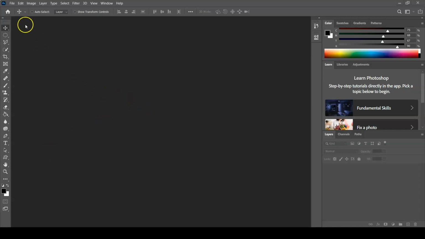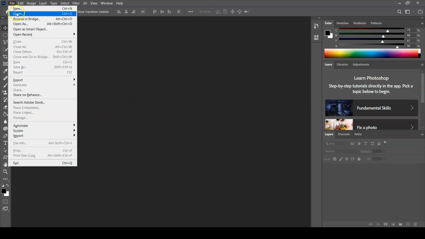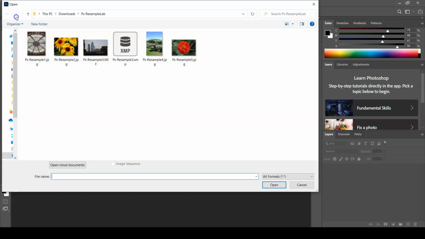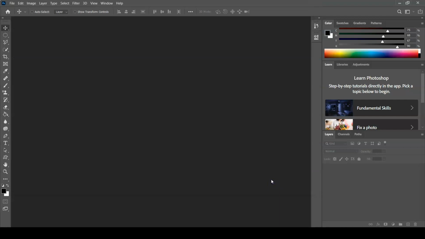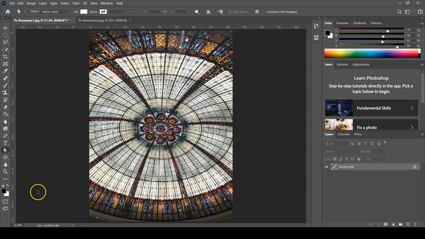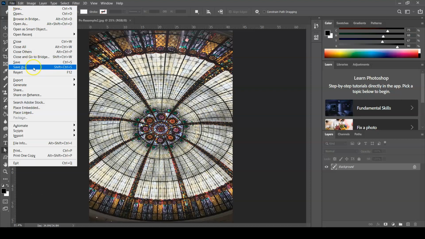Open up Photoshop and then go to File, Open. Navigate into your Downloads folder and select the file ps-resample1.jpg and click Open. The first downloaded image was taken on a cell phone and needs to be resampled to a thumbnail size for printing. Let's go up to File, Save As,